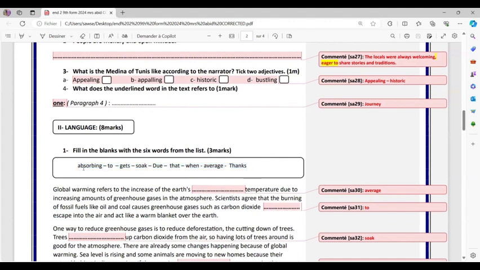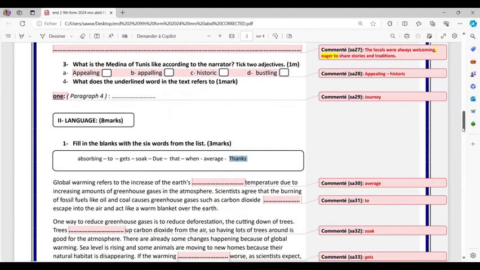Now, absorbing is a gerund here. To is a preposition. Gets is a verb conjugated in the present. So we never know, but I think it is a verb or a noun. Due, it's a capitalized word. That is a relative pronoun. When is another relative pronoun or a WH word. Average is the adjective. It means medium size, let's say. And thanks, but it's capitalized. Okay.